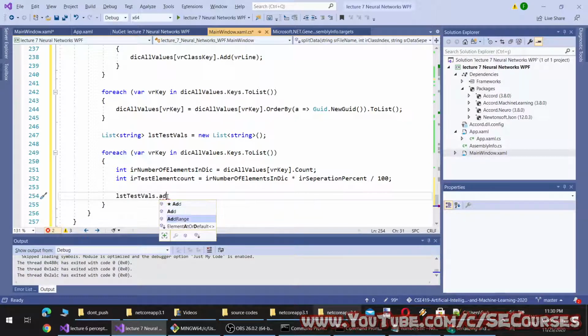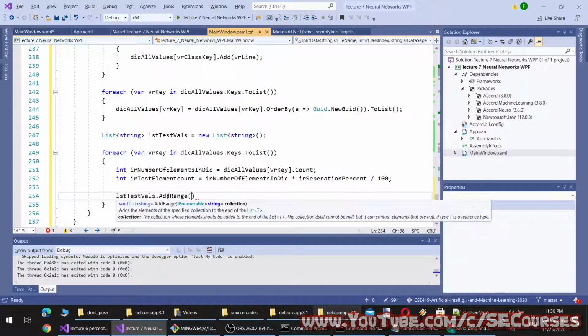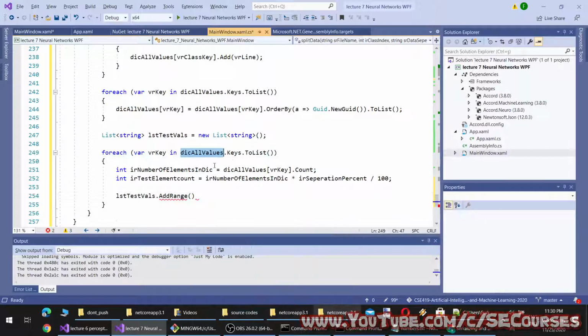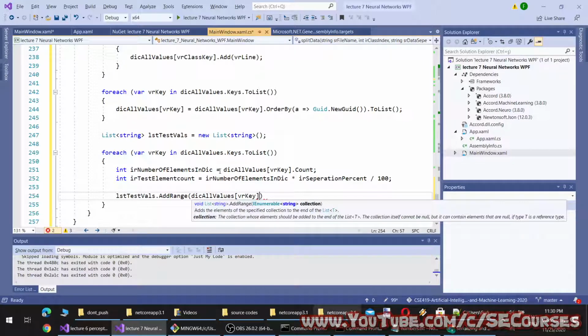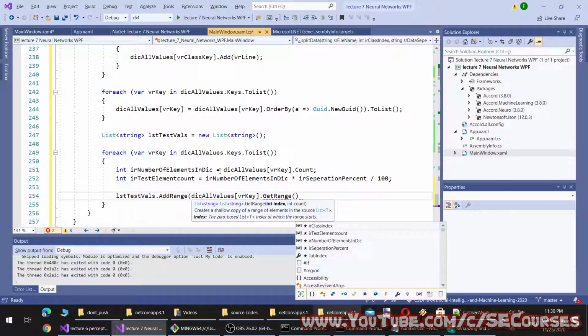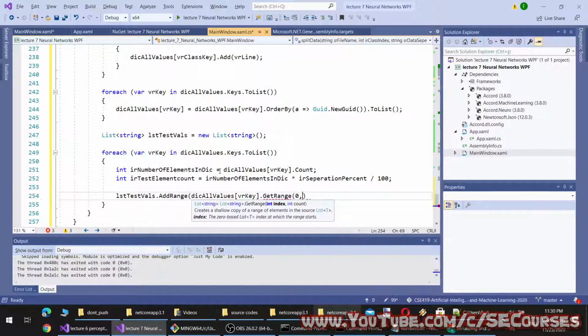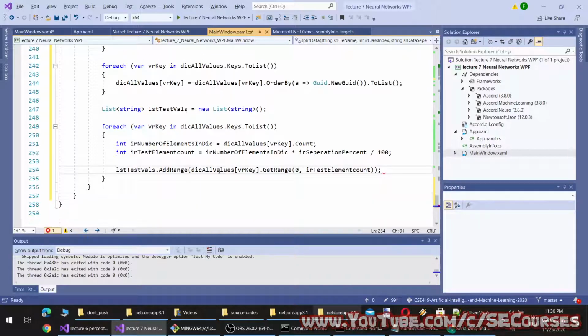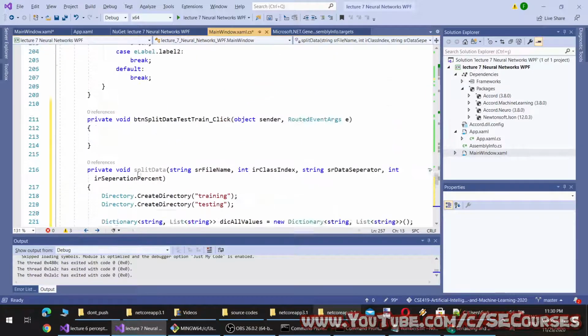Let's do a range from 0 to the test element count. Okay, this should work.